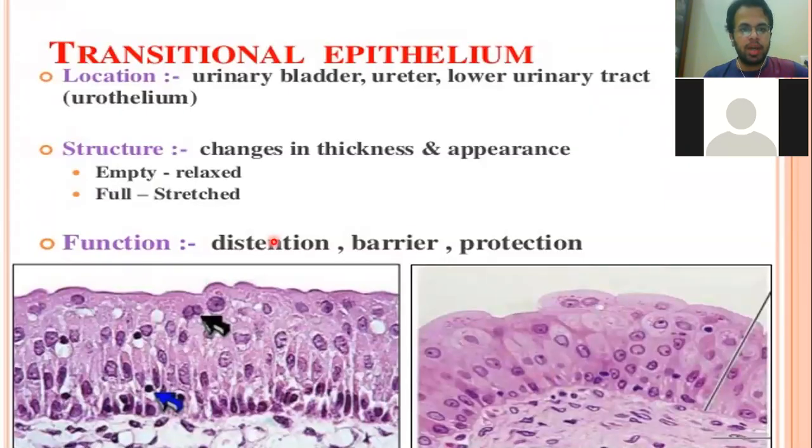If you look at the transitional epithelium, you can recognize it always by comparison. For example, this is the epithelium, and this is a kind of epithelium, the transitional epithelium. When it is relaxed, it is somewhat larger, and when it is stretched, when the bladder is filled, you can see the size of the epithelial cells becomes somewhat smaller. So this is how the transitional epithelium changes its shape, right? Nothing more to it. Only the shape changes.